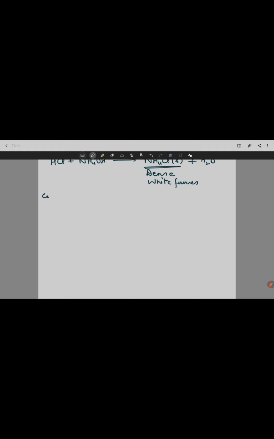Now what about the confirmatory test for chloride? What is the chemistry behind it? Say for example, if we take the silver nitrate test, what are we doing in that test? We took the aqueous solution containing chloride ions, and to that we added silver nitrate solution, and we are getting a white precipitate. So what is this white precipitate due to? Say it is NaCl solution, aqueous solution of the salt, and there we added silver nitrate solution,